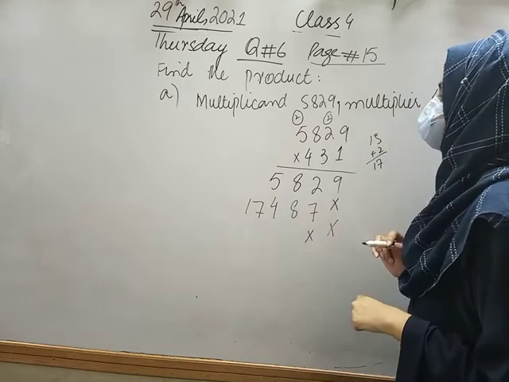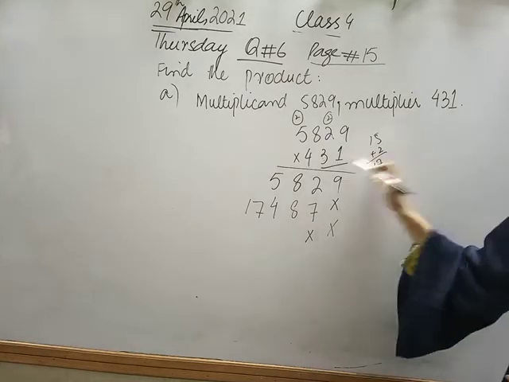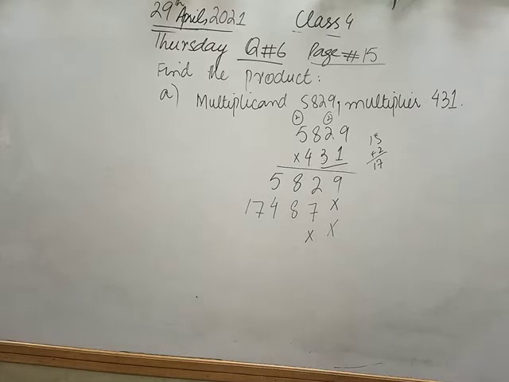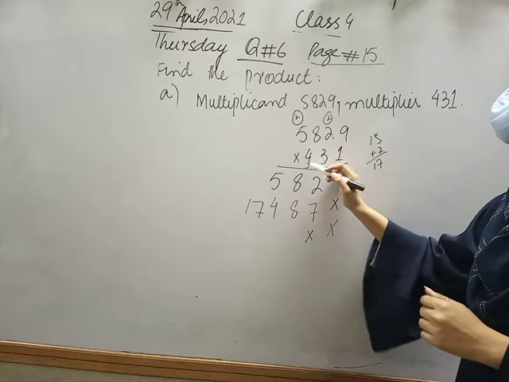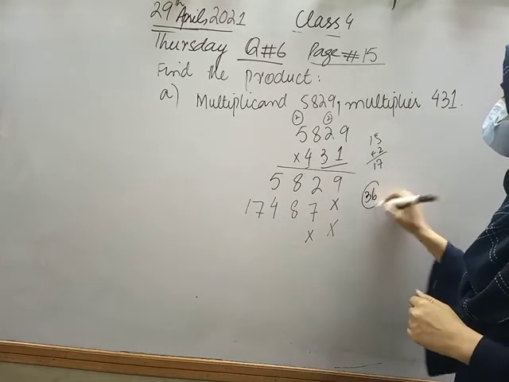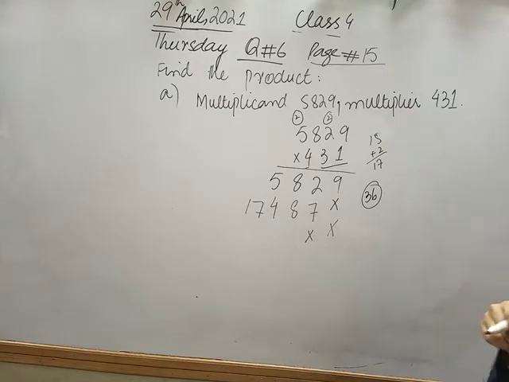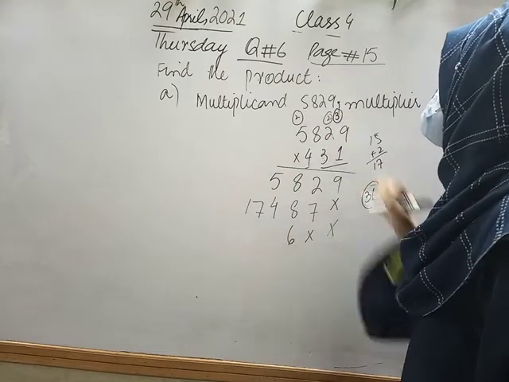Now I will write 2 multiplication signs here because I am done with the 2-digit number, which is 31. Isn't it, class? Okay. Now I will start from 4. Now I have to multiply this 4 with the whole number. So 4 9's are 36. Isn't it, class? So what is at the unit place? 6, and 3 as a carry.